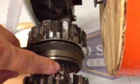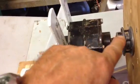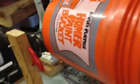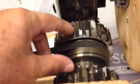originally, this little portion right here was an individual motor with a right angle drive, which is a 60-to-1 reduction ratio. So I hooked it up first just with this portion, but this little motor worked fine until I loaded the bucket full of brass. And as you can see, I used the orange buckets from Home Depot, and it wouldn't quite turn when it was full of brass, so I discarded the windings in the middle here. I've got them sitting here somewhere. Yeah, here they are. Anyway, I discarded the windings because they were in good shape, but they just didn't have the strength to rotate